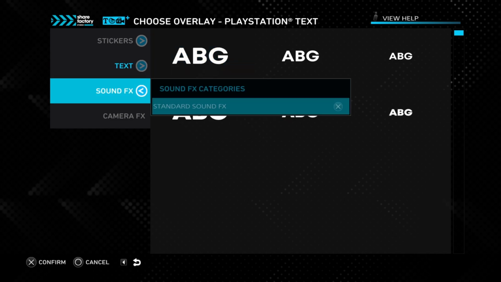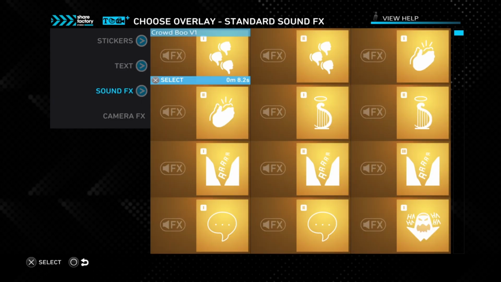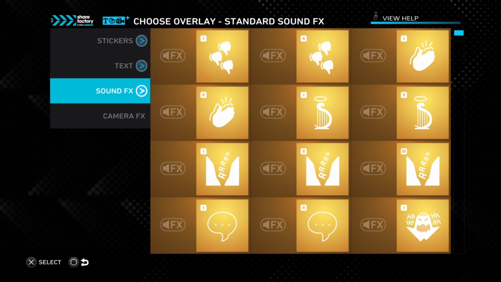Then we come to the sound effects, which I believe there are theme-specific ones, but these are applied like camera effects or text. So let's say you want to throw in one of these,